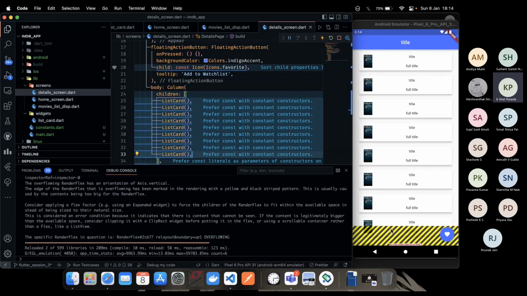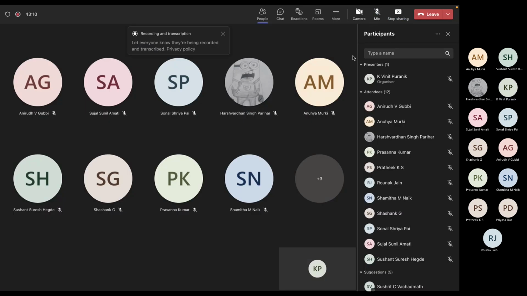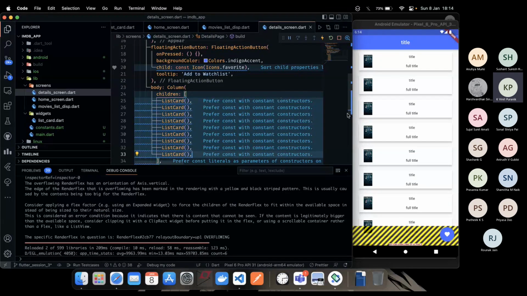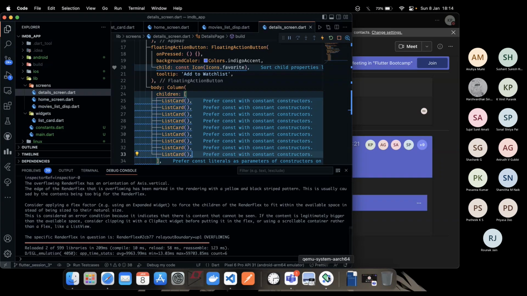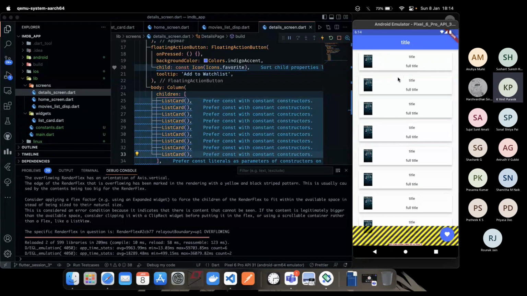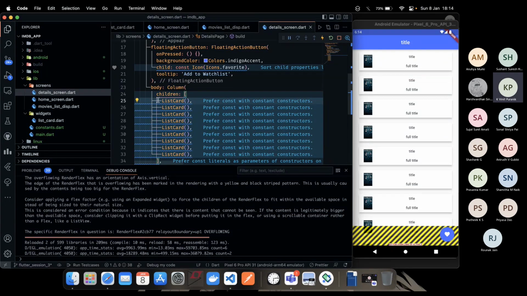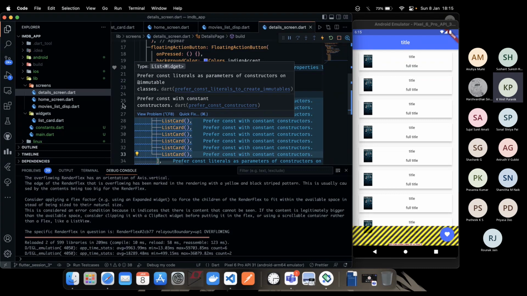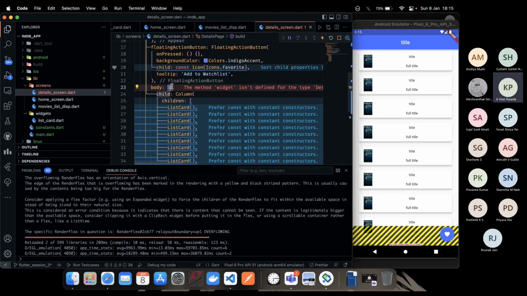So if I save this, you can see there's a warning here. Yellow background with black stripes saying that the bottom has been overflowed by 65 pixels. What this exactly means is that the total space on the screen which this column along with all its children takes is more than the available size on the screen, right? And column does not know that the page can be scrollable. So what we do is that if we provide single child scroll view to this,